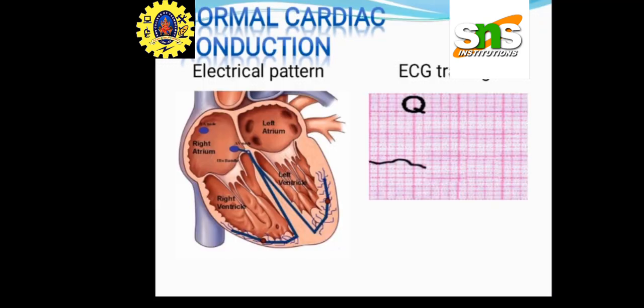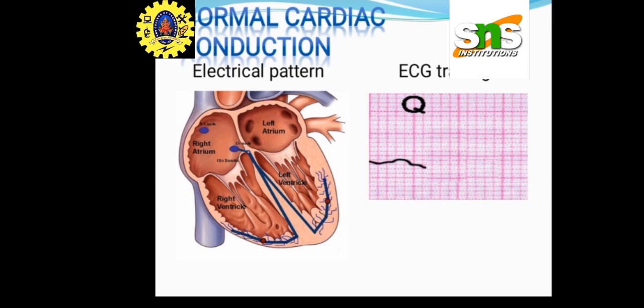Normal cardiac conduction. Explain the cardiac conduction pathway, with the electrical impulse originating in the SA node, right atrium, which travels to the AV node, the division of the right and left ventricles, down along the right and left bundle branches to the Purkinje fibers. Intrinsic heart rates at the SA node are 80 bpm, the AV node is 60 bpm, and the ventricular rate is